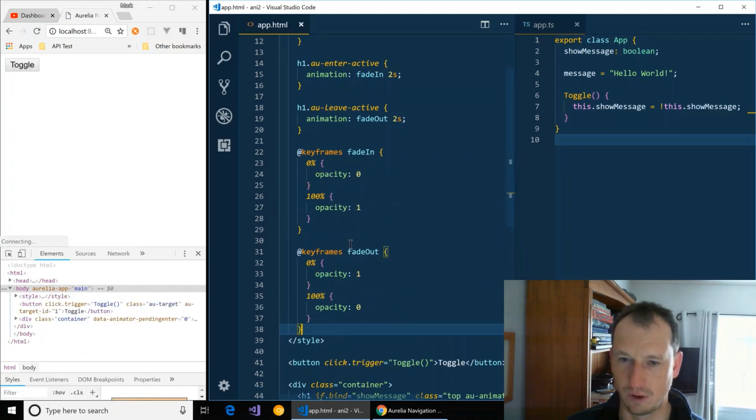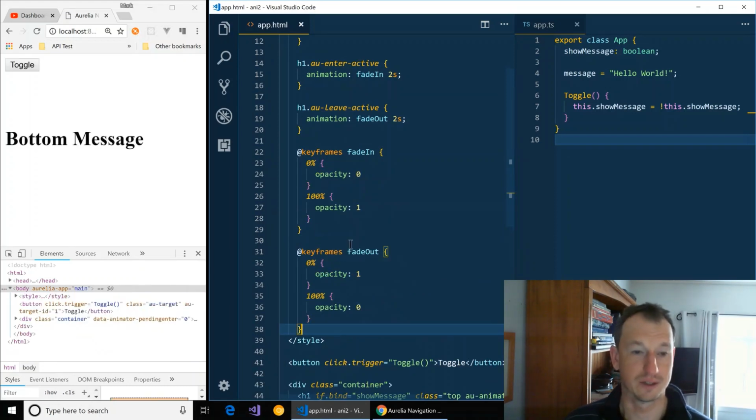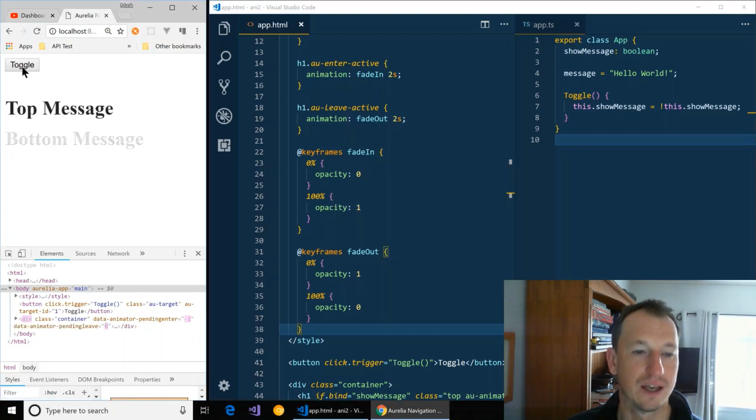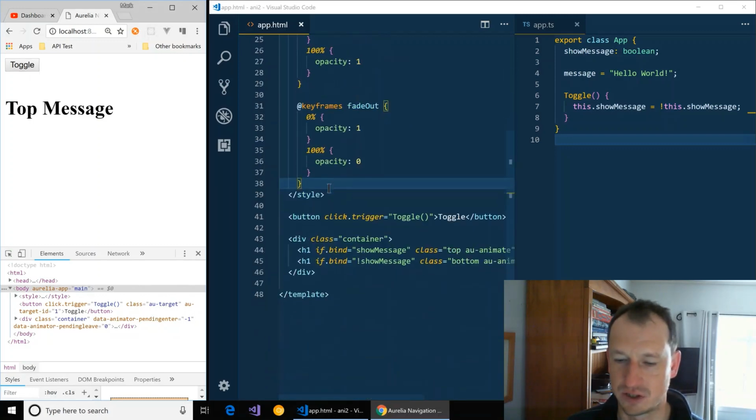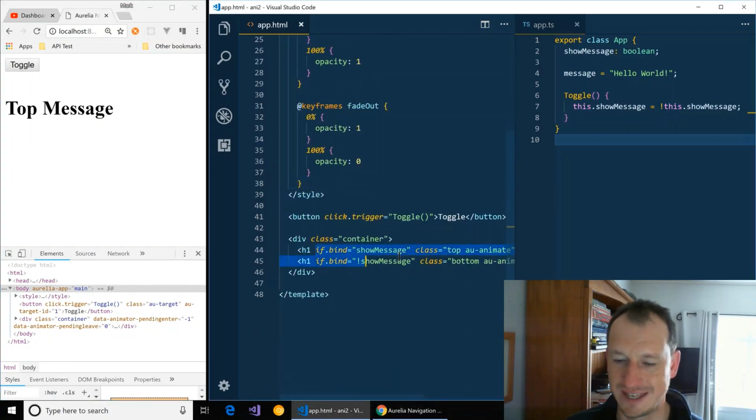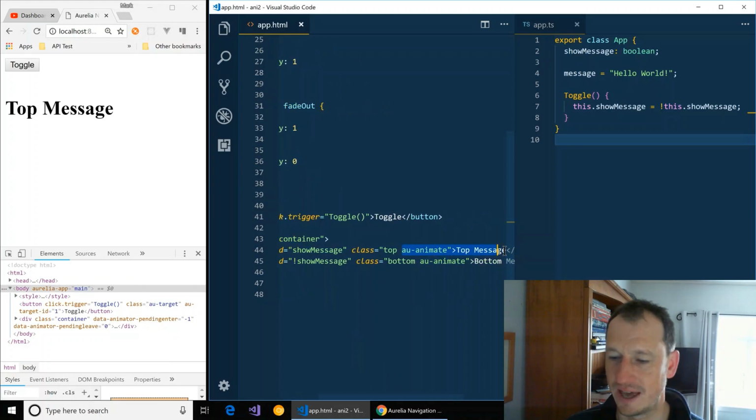So I'll save that one off. Right, I think we can see that it's applying that now. So when I click this button now, the bottom message will disappear and the top one will appear, and you can see that it's using this opacity. They're both kicking off at the same time, so it's not staggered one and the other. But as soon as this becomes false, the framework checks for au-animate,